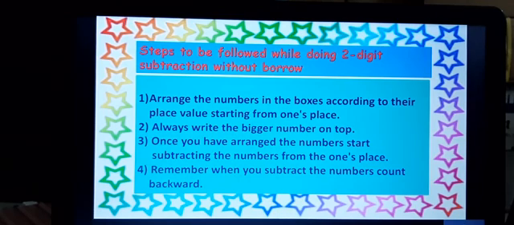When you are doing the calculations, you have to start from the ones place, that is from the right. You have to be clear about these steps: when you write and when you read, which side is used, right or left.